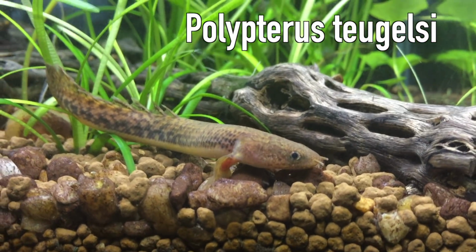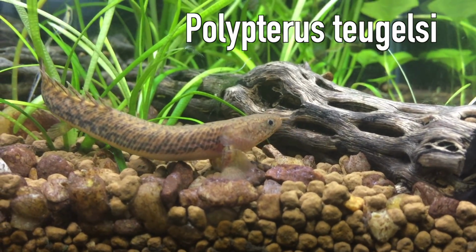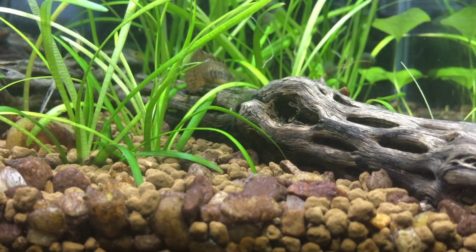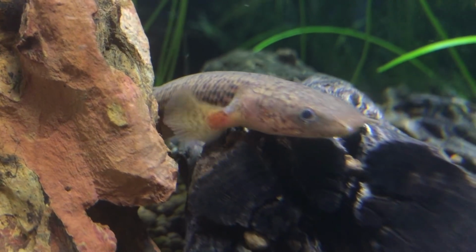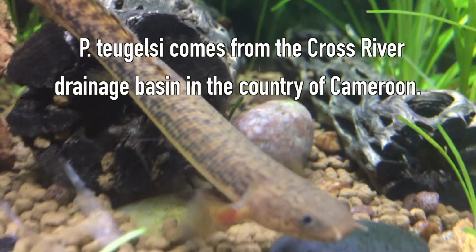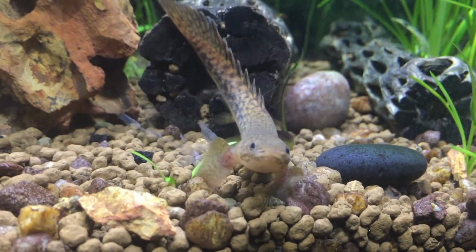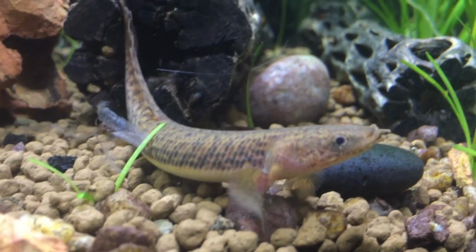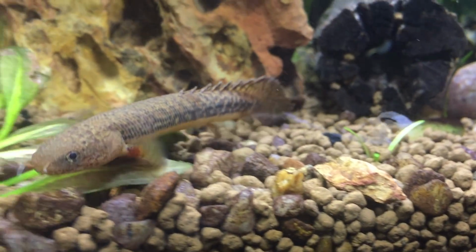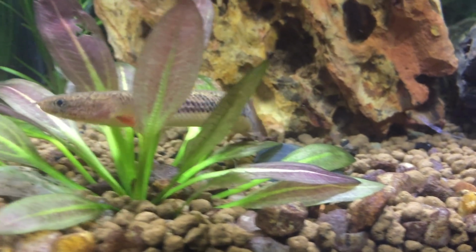In the wild, they're most commonly found in shady, slow-moving rainforest streams with lush overgrowths of marginal vegetation. This species gets to about 16 inches long. They like temperatures between 77 to 82 degrees. They like a pH of about 7 to 7.5. This species is carnivorous, and I haven't found it to be too particular about what I feed it. It seems to like cichlid pellets, and I've also fed it brine shrimp and bloodworms and a lot of meaty,